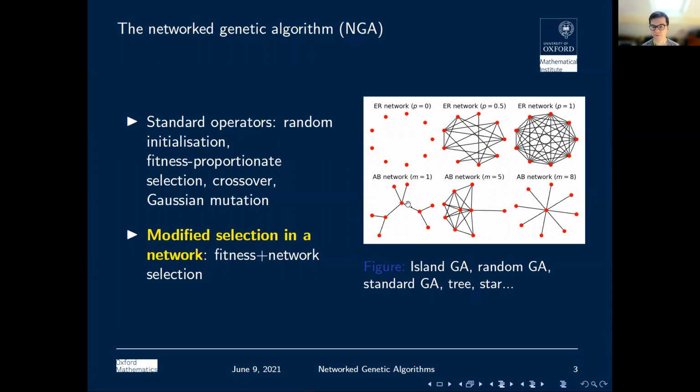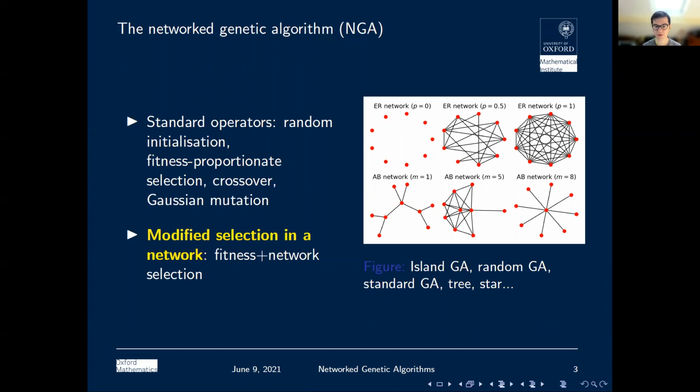And if we have selected this first central individual by fitness as our first parent, then the second individual to be selected will not be any node in the network. It will be one node based on fitness inside the direct neighbors of this first individual. So here the neighbors of this central node are this one, this one, this one, and this one. So we are essentially doing a first unrestricted fitness-based selection for the first parent. And in the second, we are doing a fitness proportionate selection inside the neighborhood of the first agent that was selected. So we are doing this fitness proportionate selection in all the direct neighbors of this first agent.